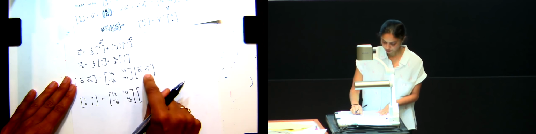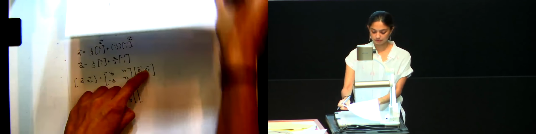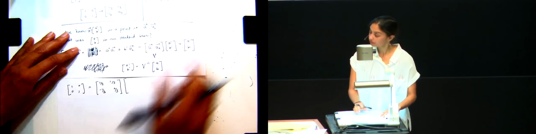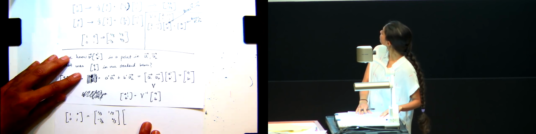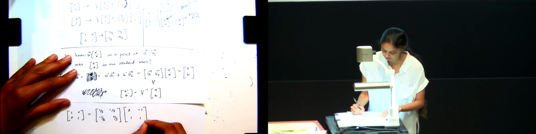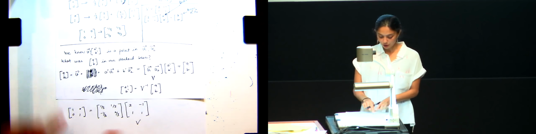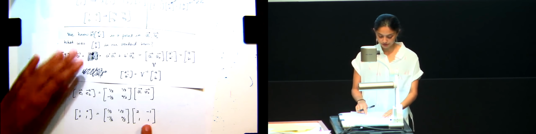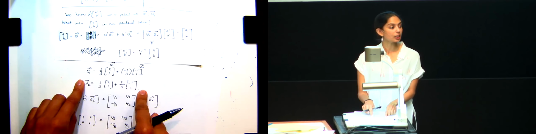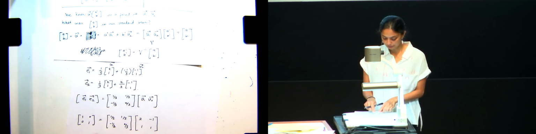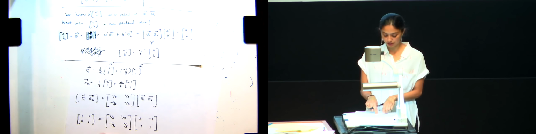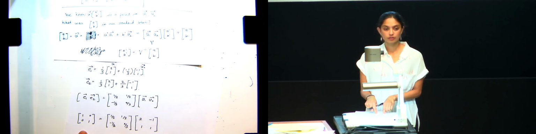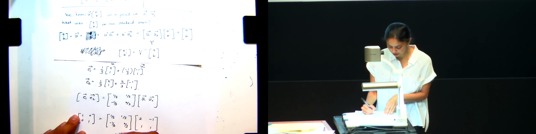times, what is this guy? We called this guy V, right? V is what's written right here. Can you see this? There's no way for you to see all of this. Okay. V is just 2, minus 1, 1, 1. So this is V. Based on how we've written this, we derived this matrix by just calculating what E1 and E2 were, right? But what do we see about V and this other matrix? What is their product? What is this guy? Identity, right? So this guy must be V inverse.